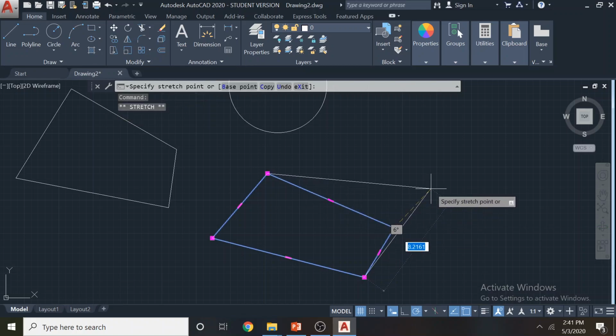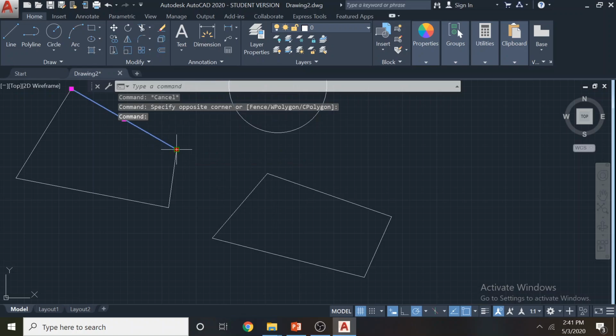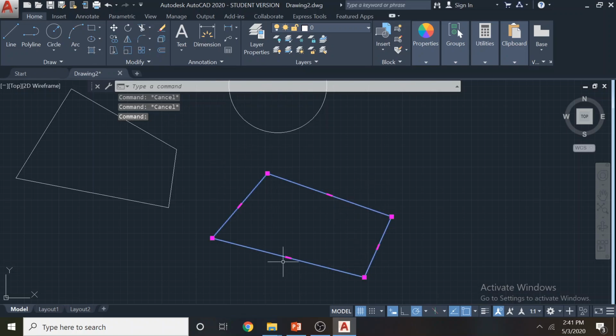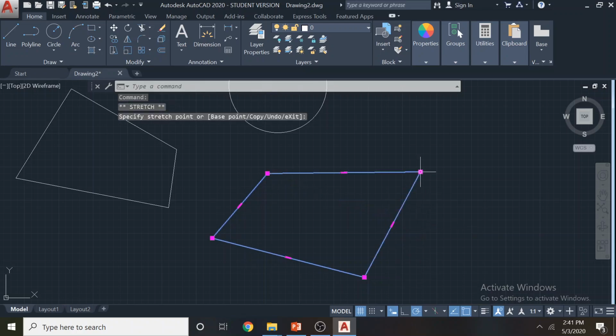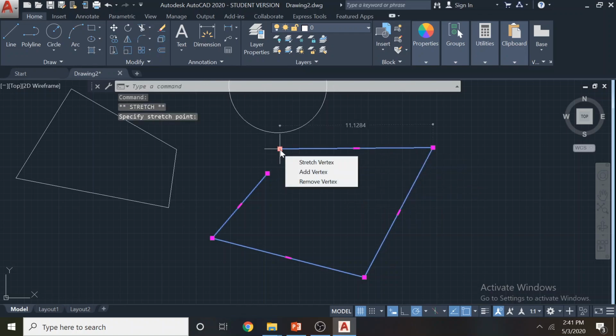When I try to drag from the grippers, you can see it's not going to detach. Here it's detaching, and we can again attach it. Here that is not the case. This is like a group or a bundle. It's acting as a block, so you cannot detach this. Another advantage is this rectangle middle gripper, which allows you to stretch the drawing. Now it was detached, and it will allow you to add a vertex like this.